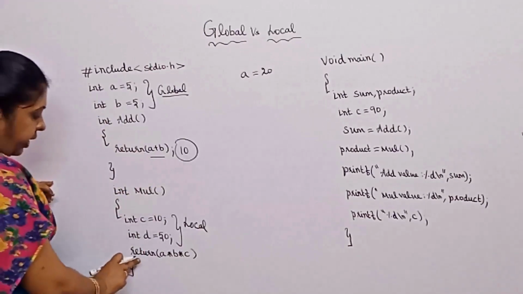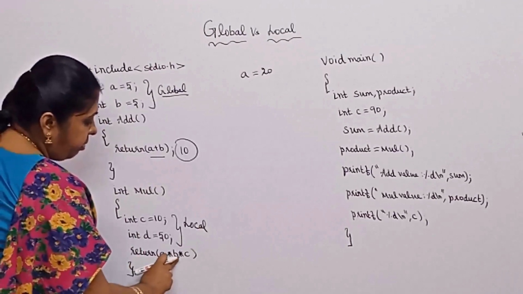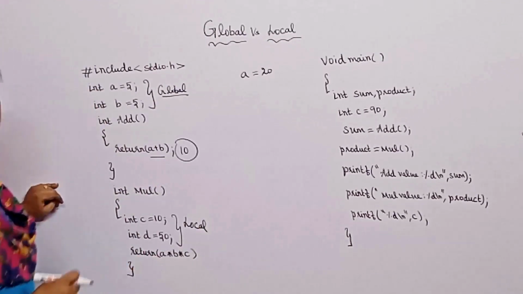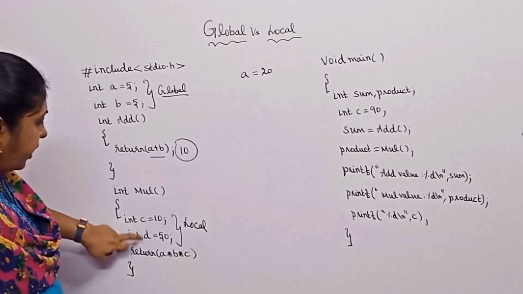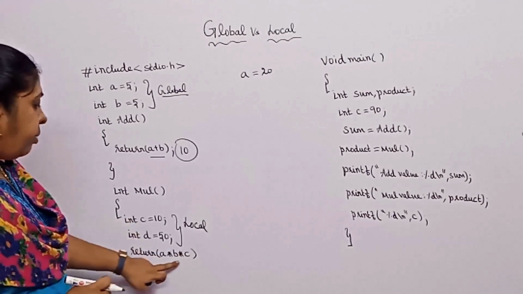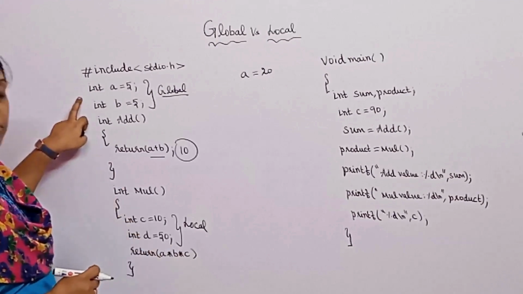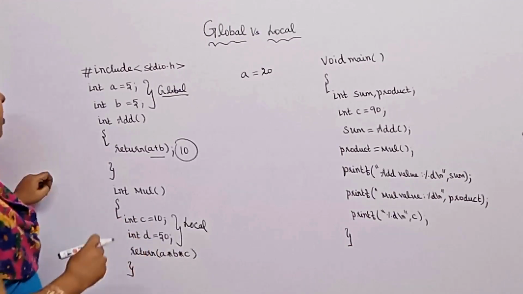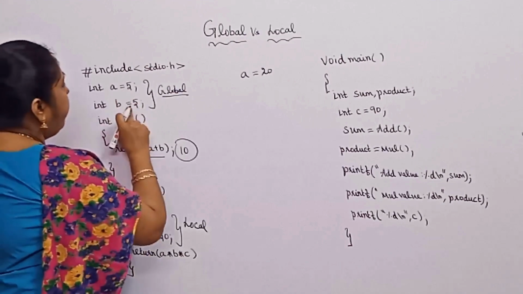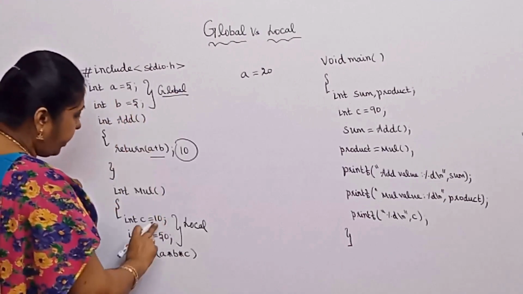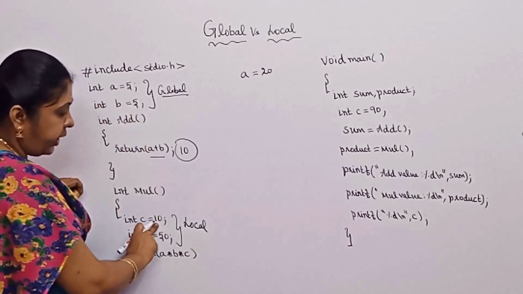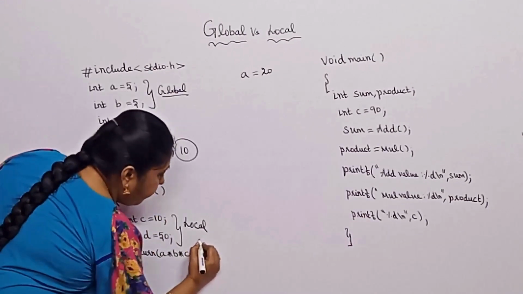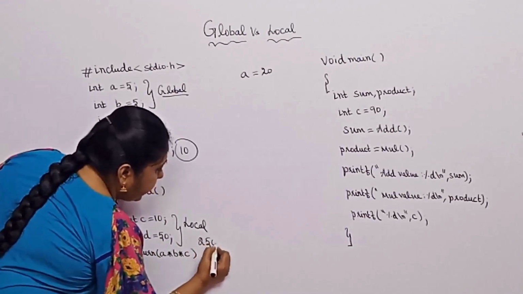And then here written A star B star C. So here we are having only C and D. A and B are the global variables we are going to access here, and then see the local variables. So what will be the value? 5 into 5, 25. And then here 10. 25 into 10, 250. So the output of this multiplication is